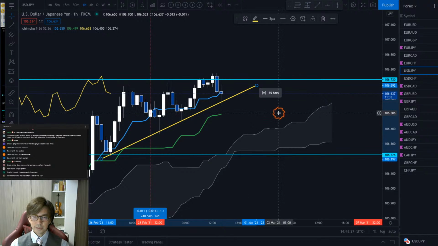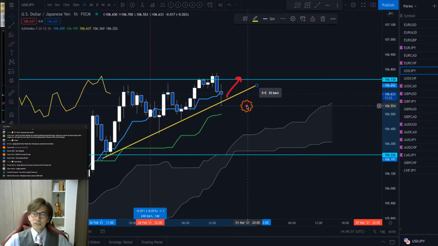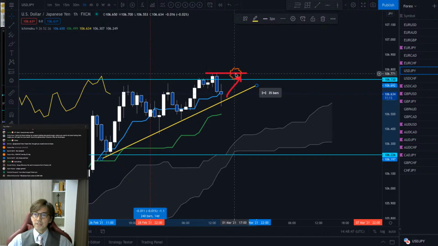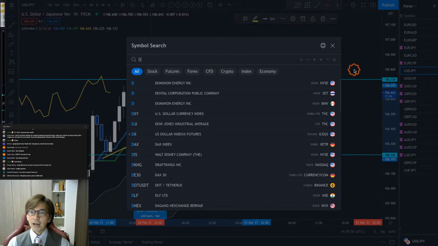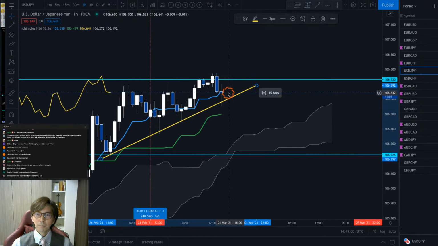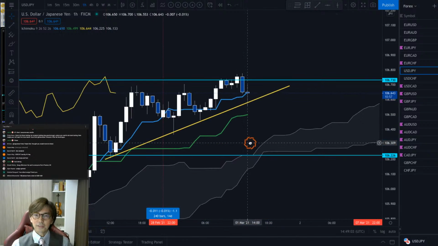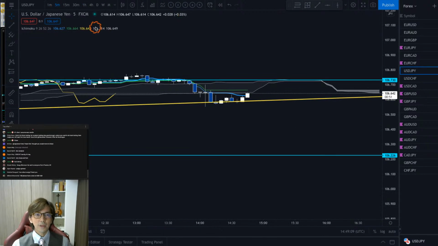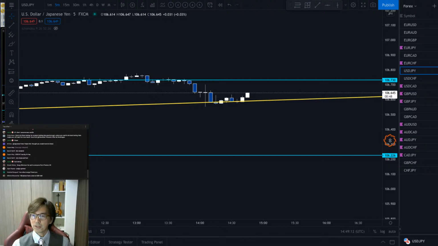We can draw the trend line, and if it bounces on this candlestick or the next one, then I think you can look at the lower time frames to look for the buying edge, to expect the price breaks the previous high on this 106.77 area. But until it happens, I will hold. But hold on, I think I will check how this doji candle is forming in 1 hour. So I look at the 5, and let me cancel the Ichimoku,